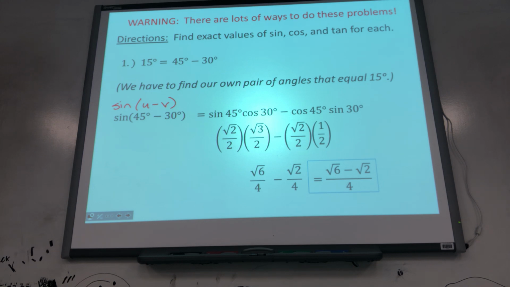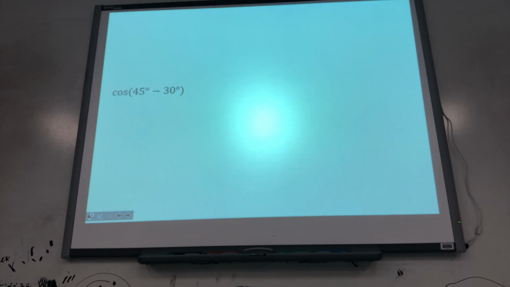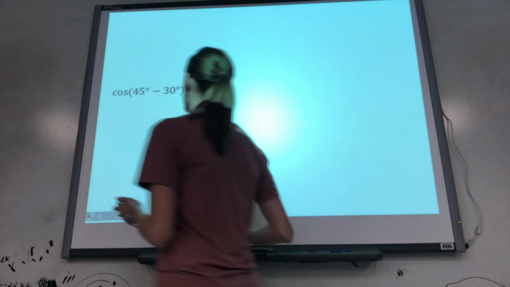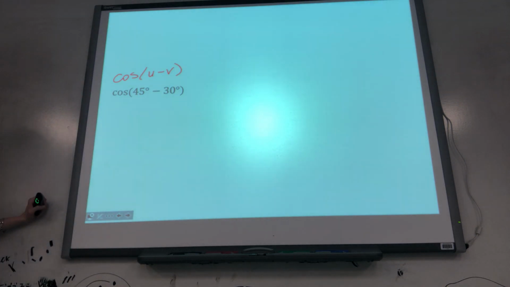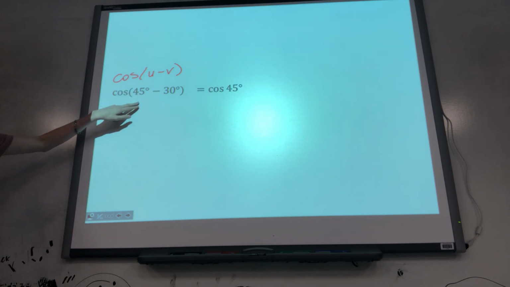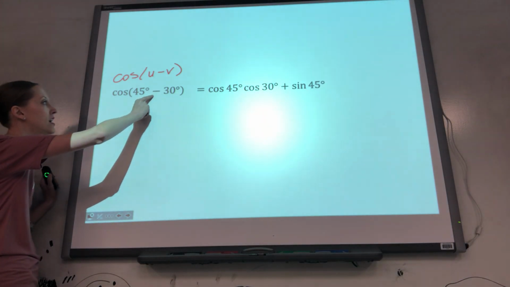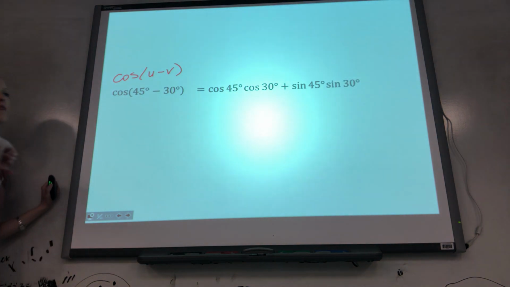Okay, moving on to cosine of 45 degrees minus 30 degrees. Stop me if you have any questions, but all of this right now is the same as yesterday. I'm matching this up to the cosine of u minus v formula. And here it is. Cosine of u, that's cosine of 45, times cosine of 30, plus, which always seems backwards, it's the opposite of what you had over here, plus sine of 45 times sine